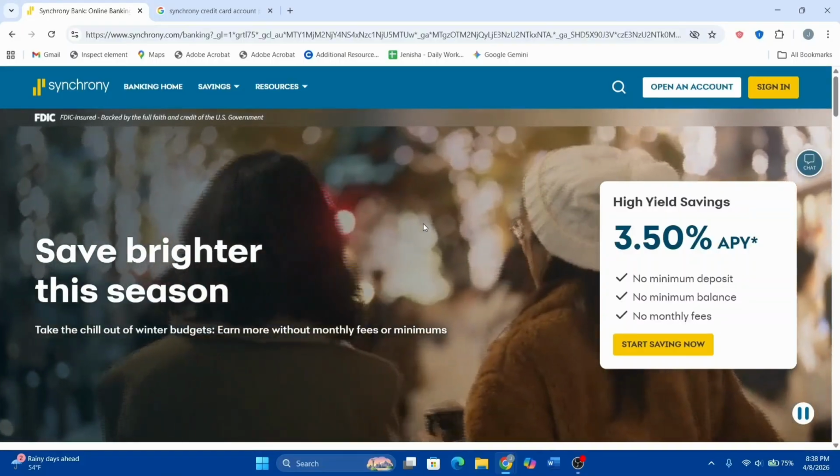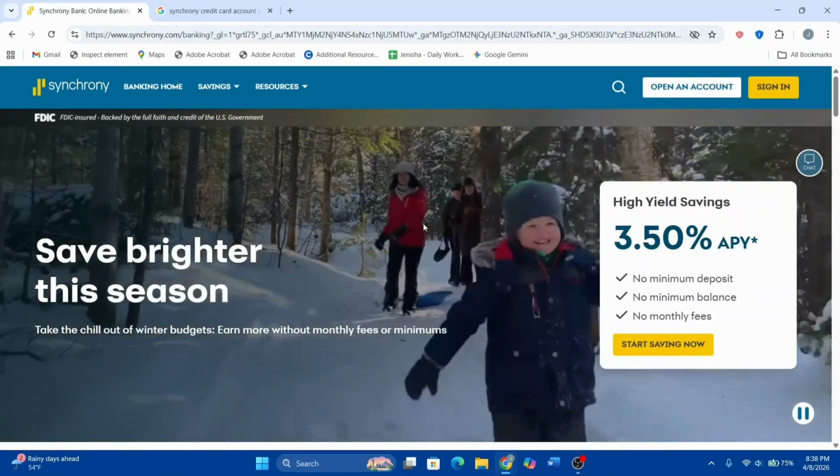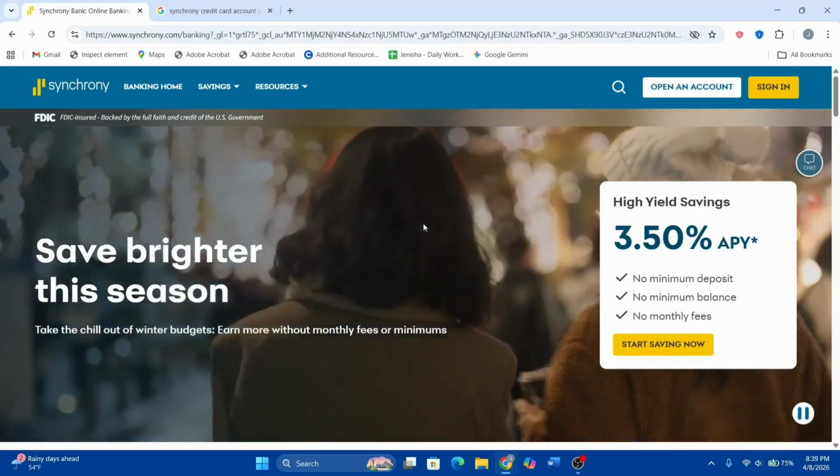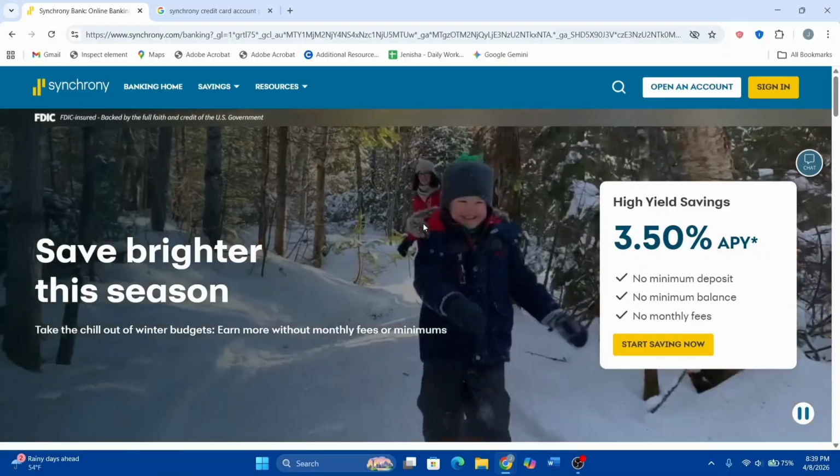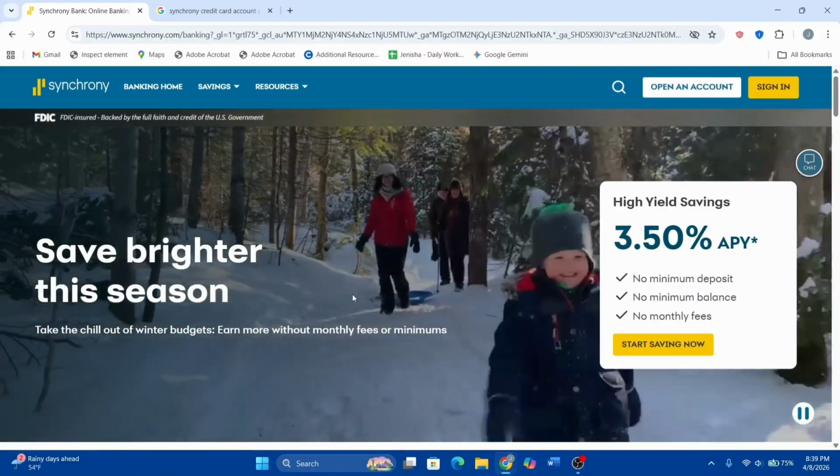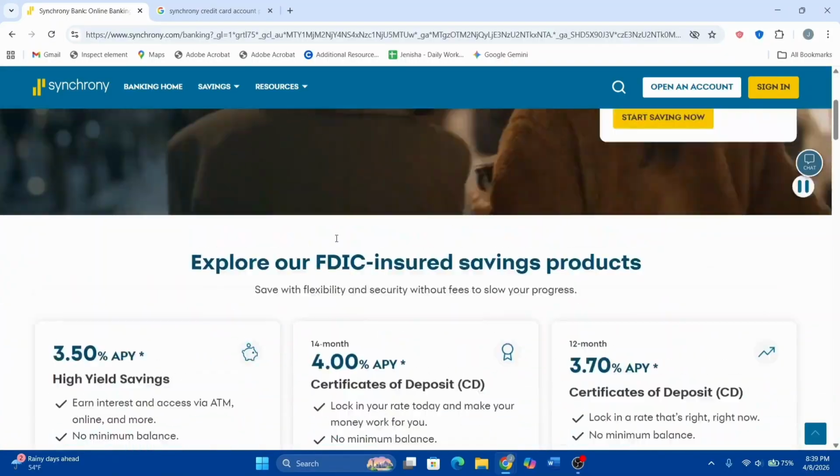Today we are providing you with a clear, simple guide that you can follow in order to do so, and you should be able to do it very easily. So let's get started. What we can do is open up Synchrony Bank and go